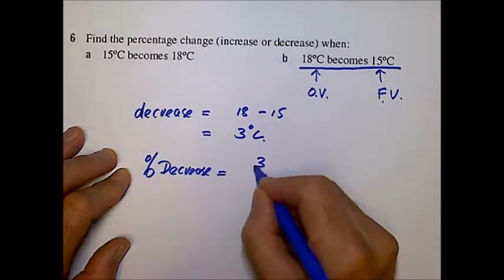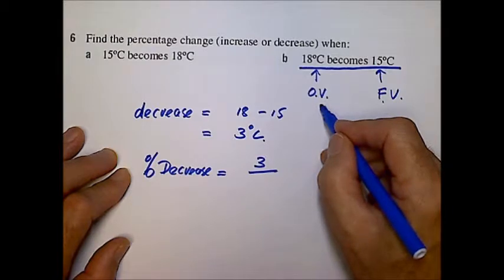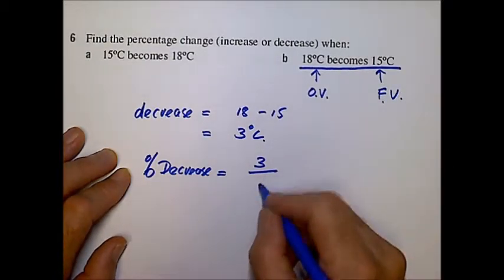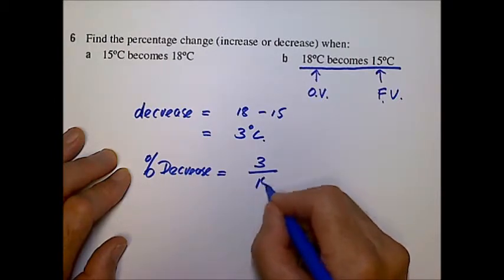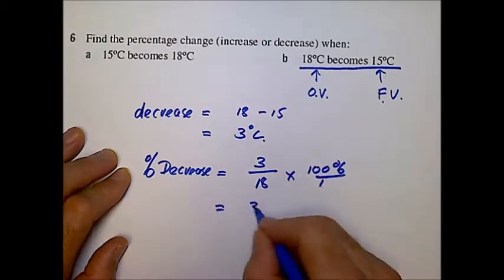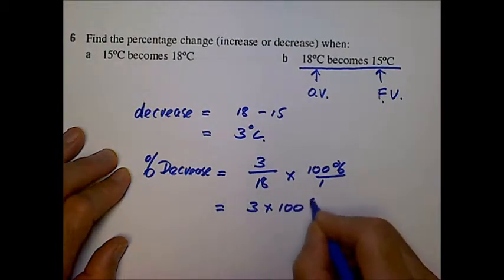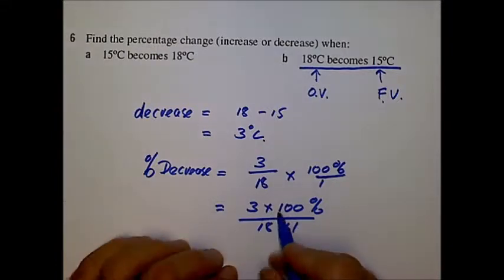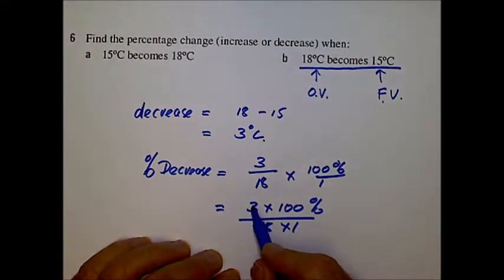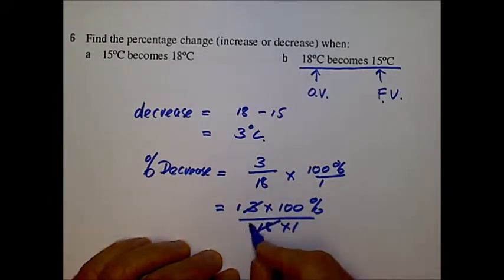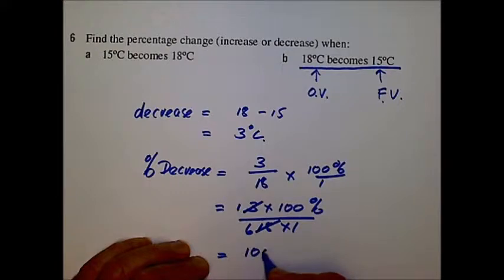So the percentage decrease is going to be equal to that 3 compared to the original value, not the final value. It's always compared to the original value. So that's going to be 3 compared to 18 multiplied by 100% over 1, which is going to be 3 times 100% over 18 times 1. Now we can see the numerator and the denominator, 3, and the 3 goes once, 3 into 18 goes 6, so that's going to leave us with 100% over 6,